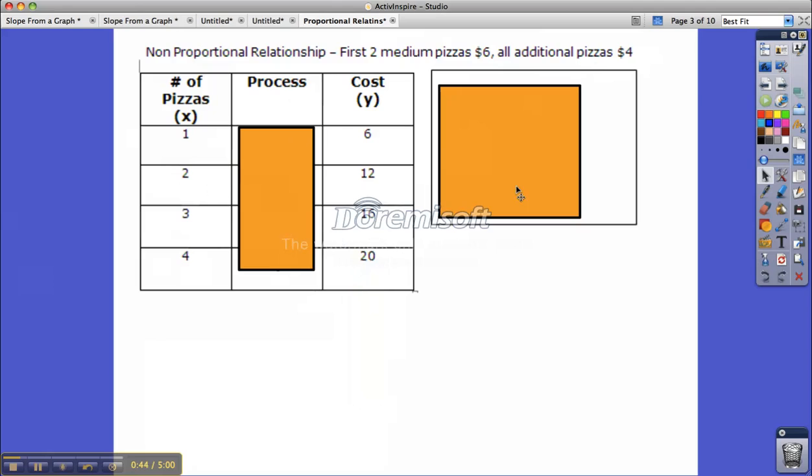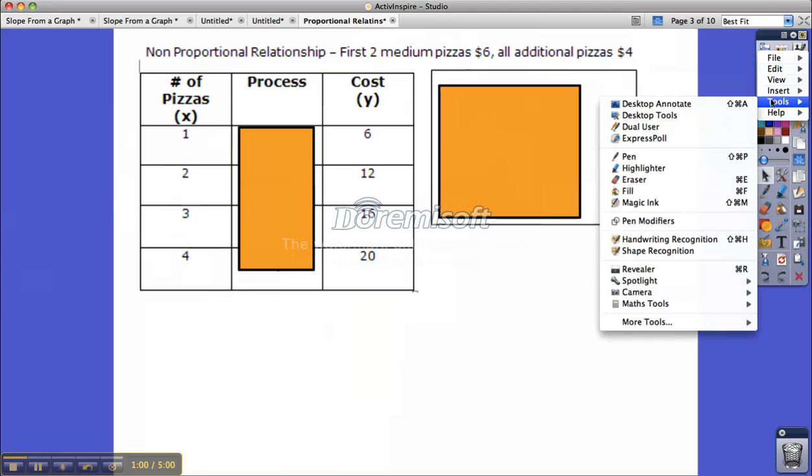So this is my table here for this situation. So we can check the constant of proportionality. We can check what 6 over 1 gets us, 2 over 12, 12 over 2, 16 over 3, and 20 over 4. So if I pull out my handy dandy calculator,